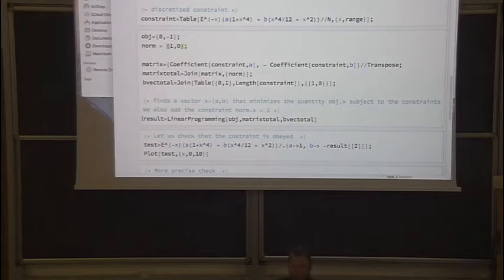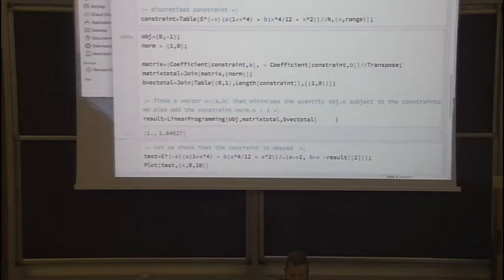This problem is the mathematical implementation of the problem that I was trying to solve. There's a bunch of linear equations that define a convex region, and a gradient inside this region that has to be extremized. So if you try to solve this, nicely enough, you get a solution which is 1 as requested, because the coefficient a has to be 1, and then the coefficient b here is